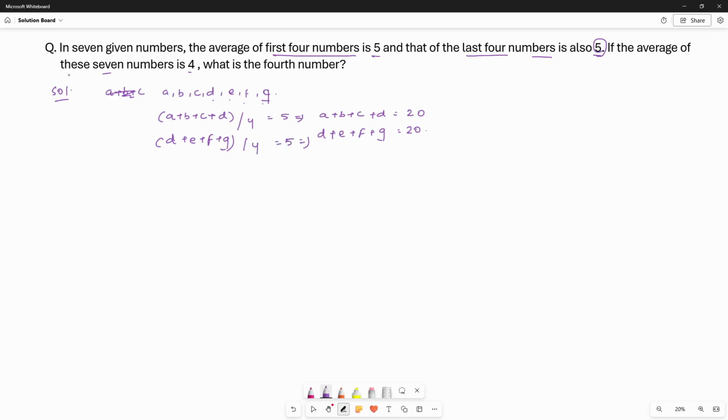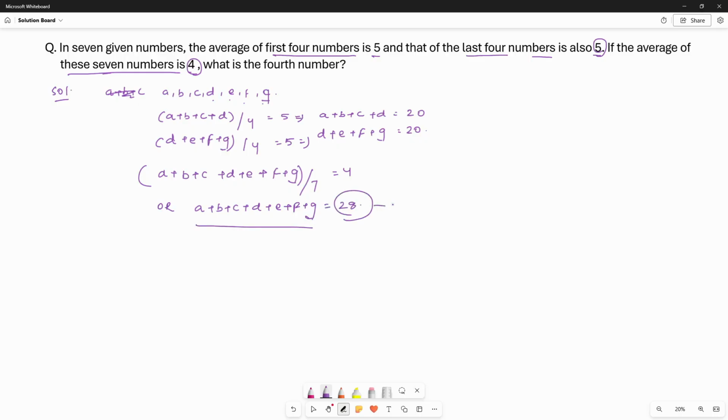And the average of these 7 numbers is 4. That is A plus B plus C plus D plus E plus F plus G whole divided by 7 is equal to 4, or A plus B plus C plus D plus E plus F plus G is equal to 28. This is our